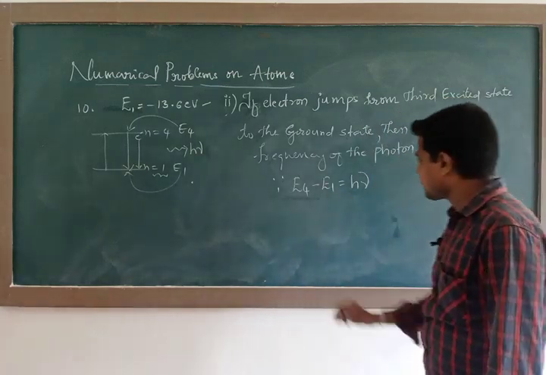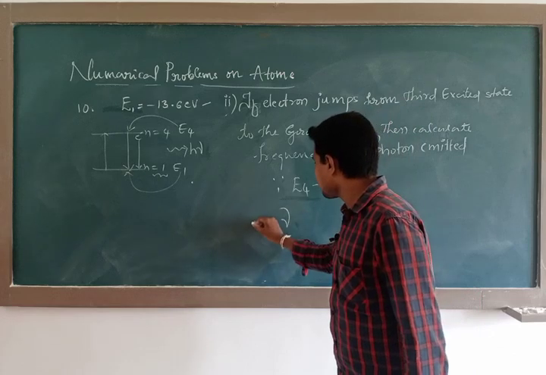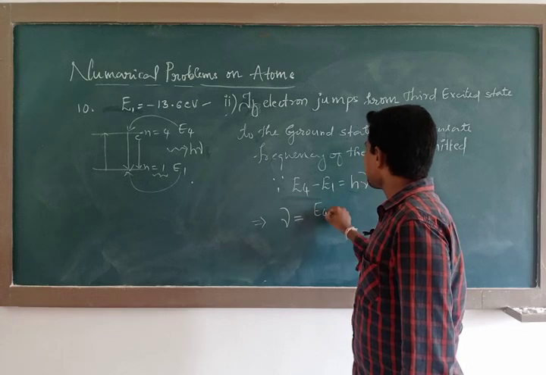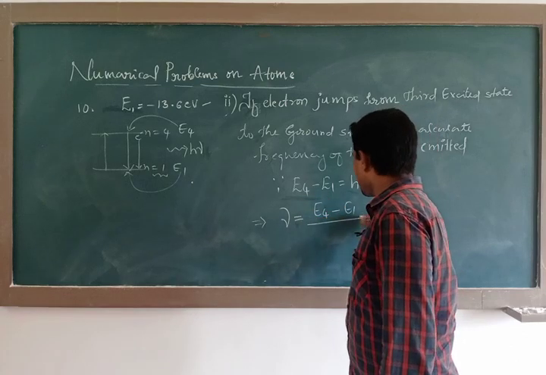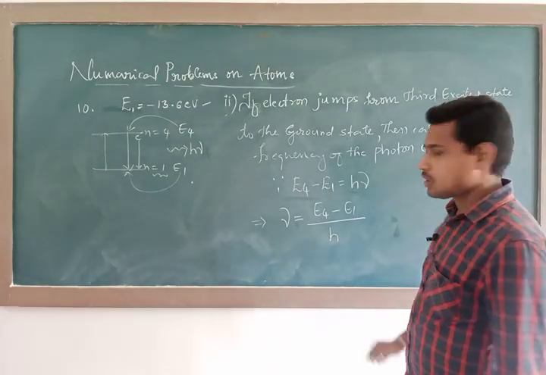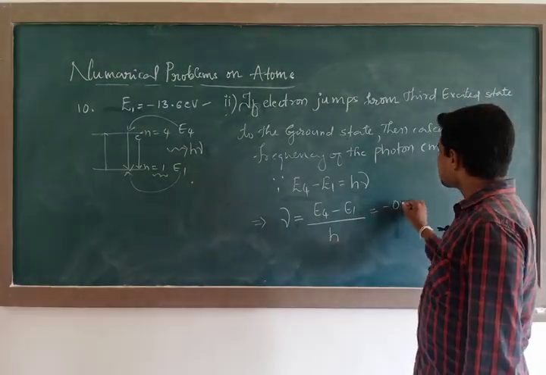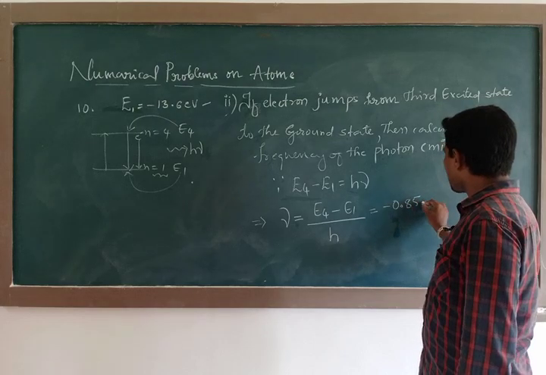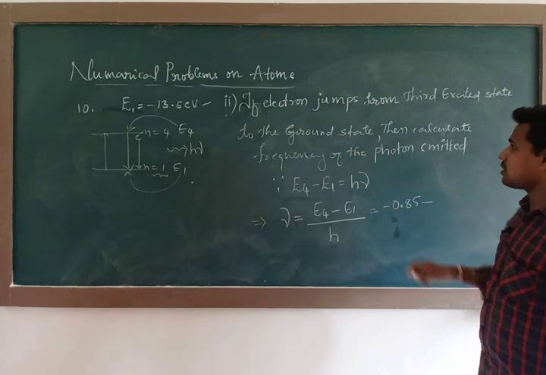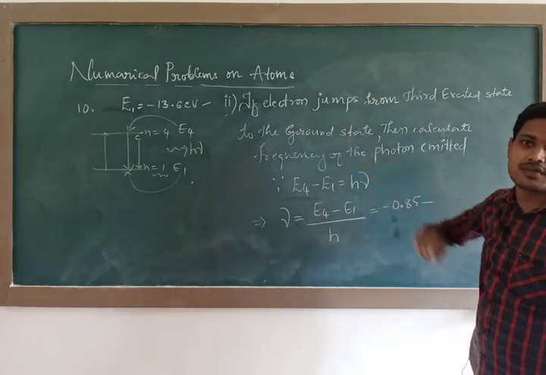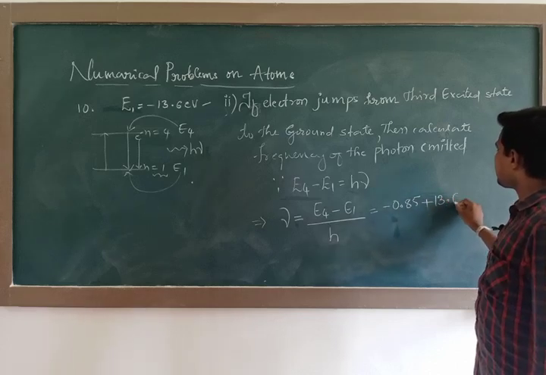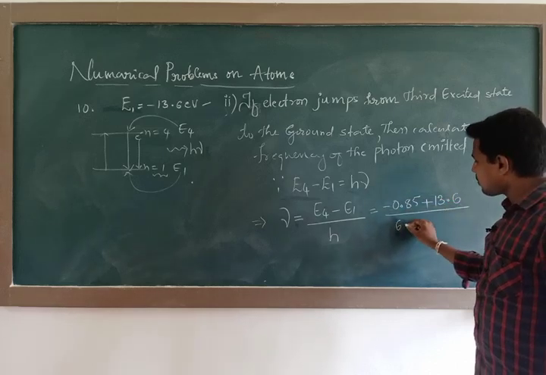So nu is equal to E4 minus E1 upon h. What is h? Planck's constant. E4 is minus 0.85 electron volt, minus E1, minus 13.6. So minus of minus 13.6 becomes plus 13.6, upon Planck's constant